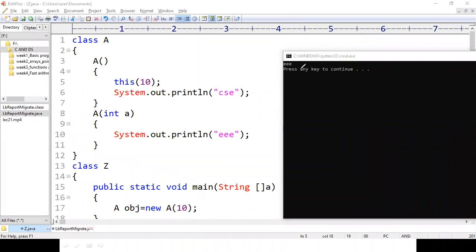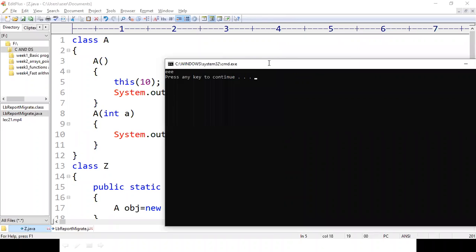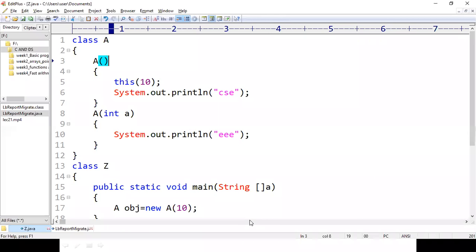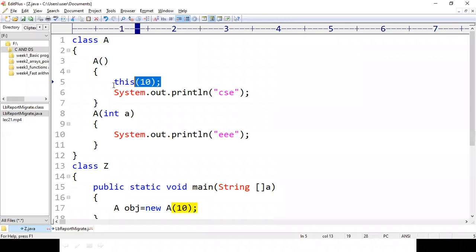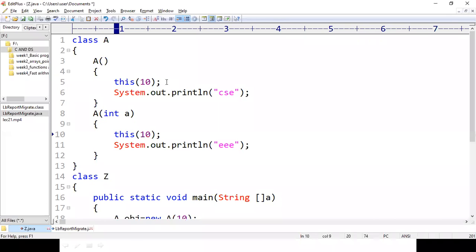So what do I have to do if I want to execute both the constructors with this object? I just have to shift this keyword to here, right? But if you observe, there is one more constructor which is going to take nothing.